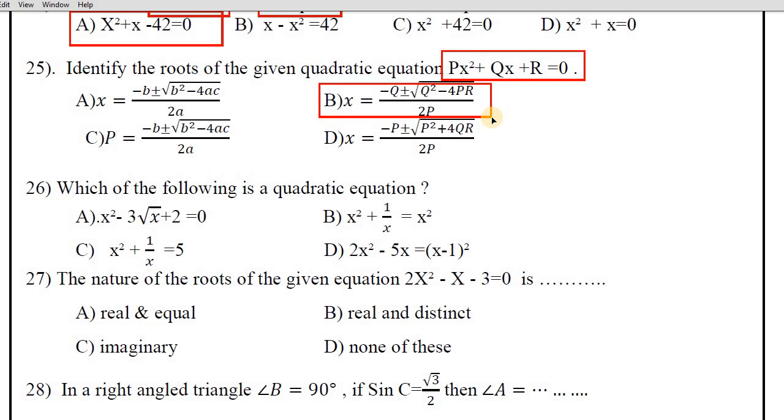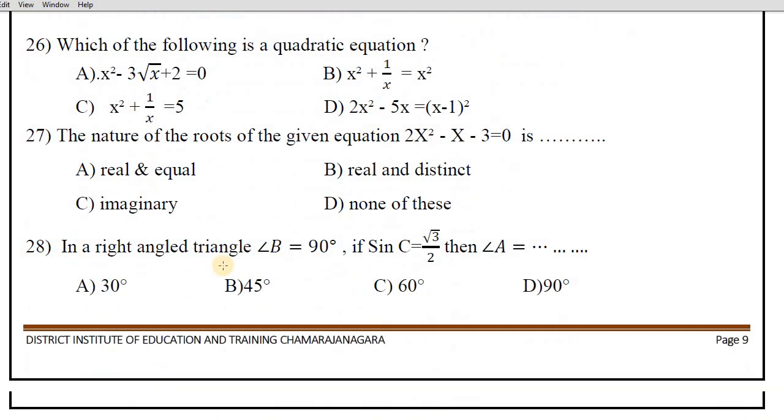See, whenever there is much confusion, you have to find the answer through the elimination method, which you can easily put to use. From that you will be able to choose the correct answer.